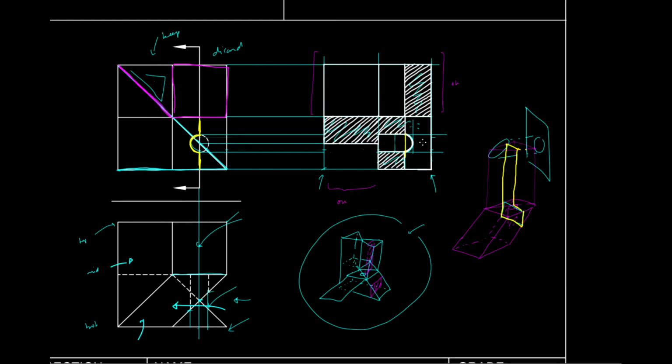Kailangan i-account natin yung incline na yon. So para ma-account natin yung incline na yon, we follow the path ng butas na to. Itong butas na to actually, dito sa bottom portion, ito siya. So yung sinabi natin kanina na naka-oblong siya. Okay? Oblong actually yung butas. Parang ganyan. Okay? So itong nakikita natin na bottom surface sa